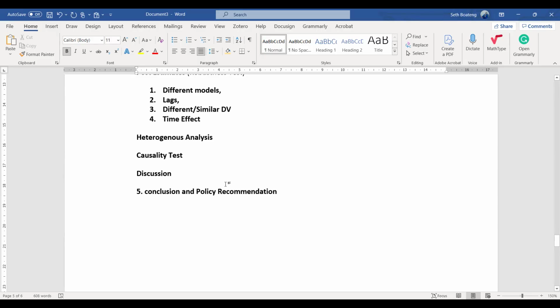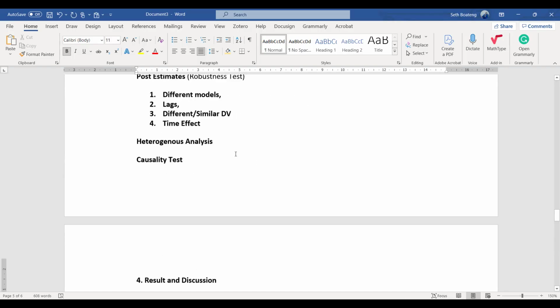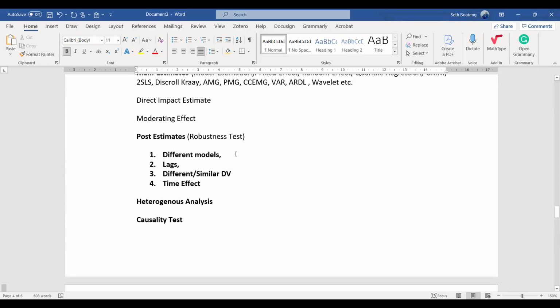So what did you find? What did you find in your study? You compare your findings to the literature you reviewed. So maybe this study finds that carbon emission has a positive relationship with economic growth. This supports the findings of Boateng et al., who stated that carbon emissions, and so on.